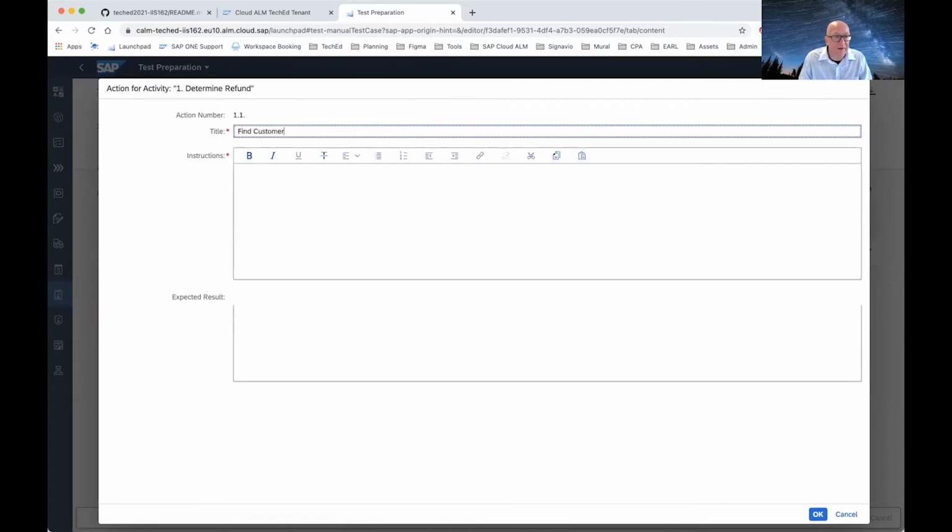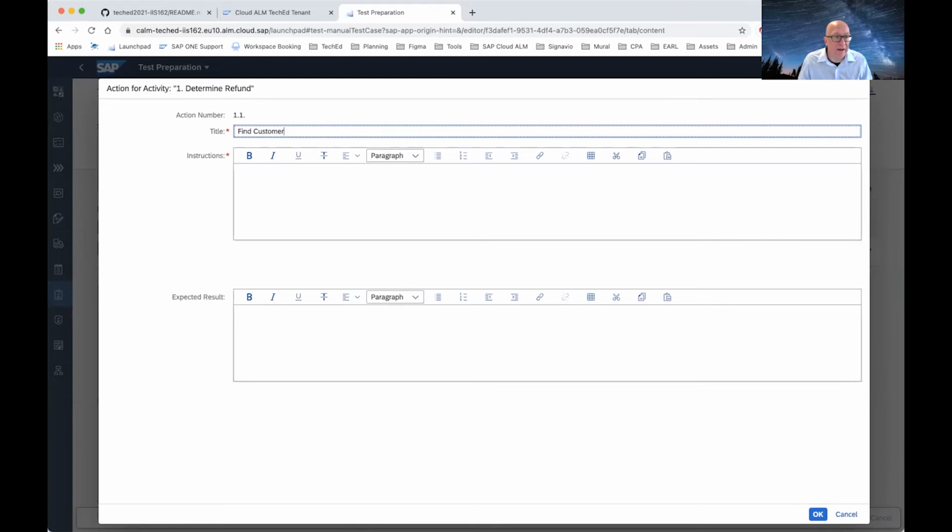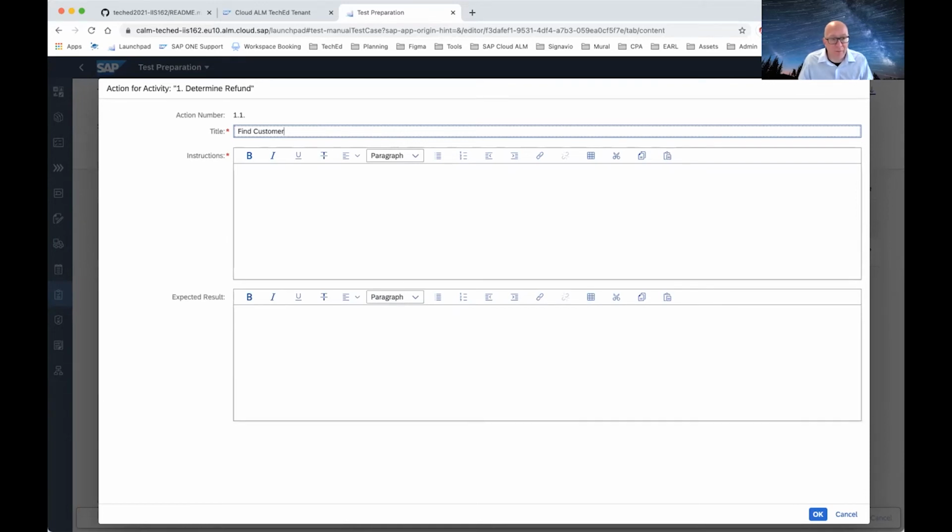Find customer is like the first action they perform when they perform the determined refund activity. So here, find customer, what is the user about to do? Here, enter customer number and press OK, for instance. If he does that, what is the result that we expect? Well, the customer is displayed